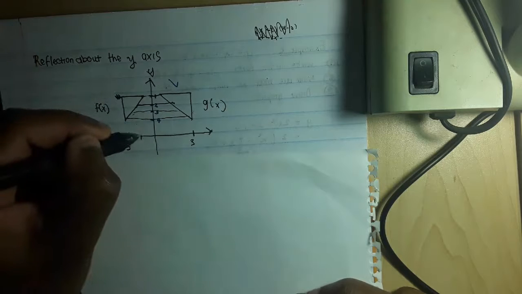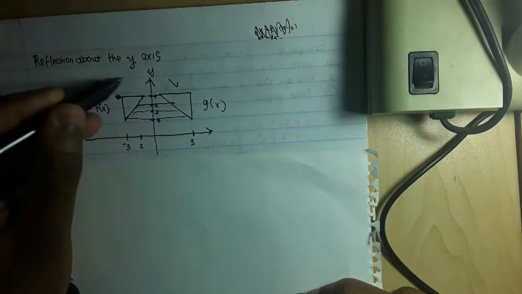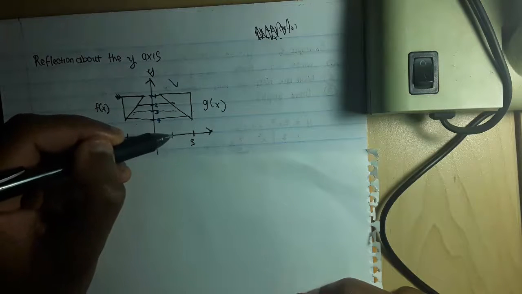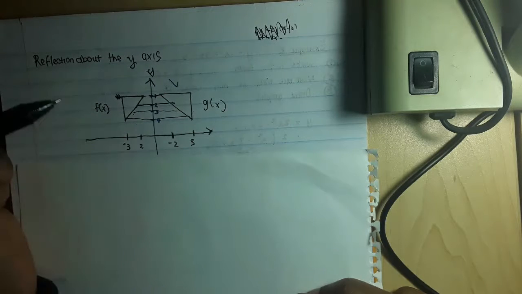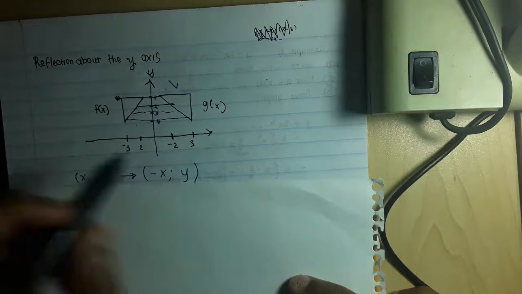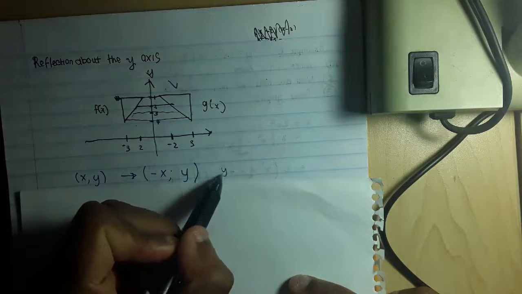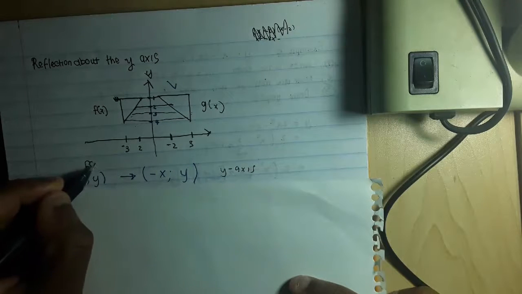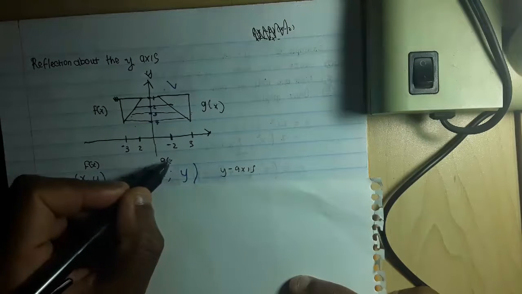If we have a value of 2 here and we reflect that about the y-axis, we would have a value of -2. So to write this in summary, when doing a y-axis reflection on the old graph and on the new graph,